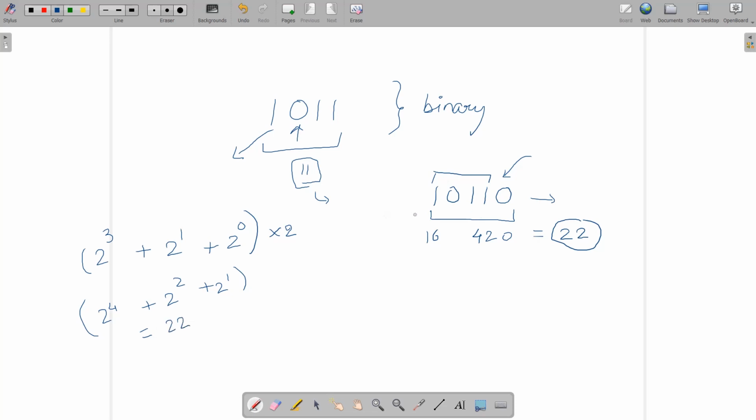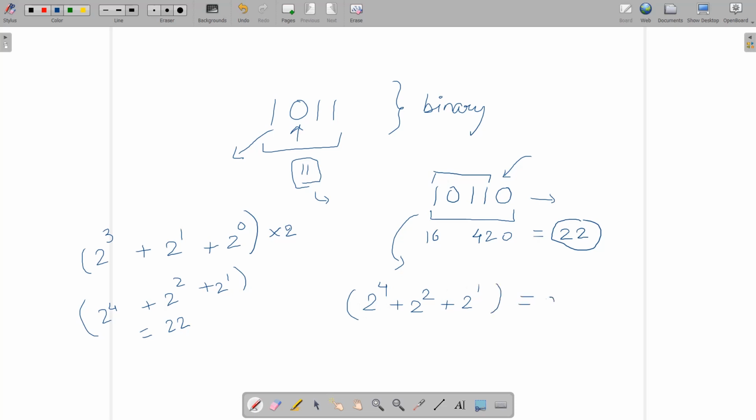You can understand this in other terms also. If you write down the equivalent form in the powers of 2, you get 2 power 2 for this position, plus 2 power 3 for this position, and 2 power 4. Sorry, it should be 2 power 1 plus 2 power 2 plus 2 power 4.